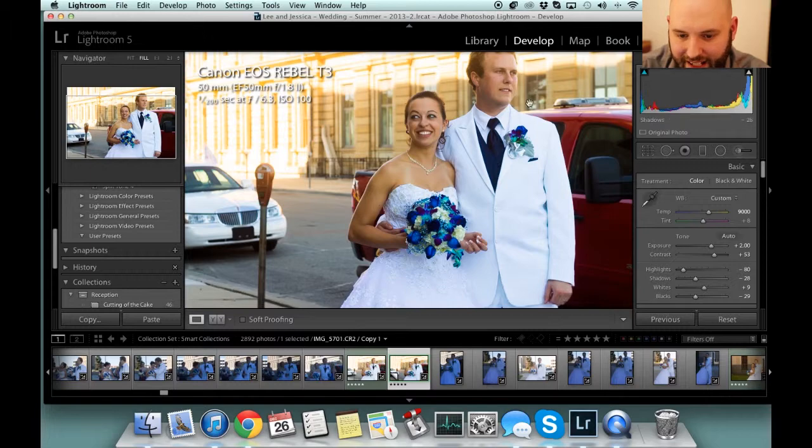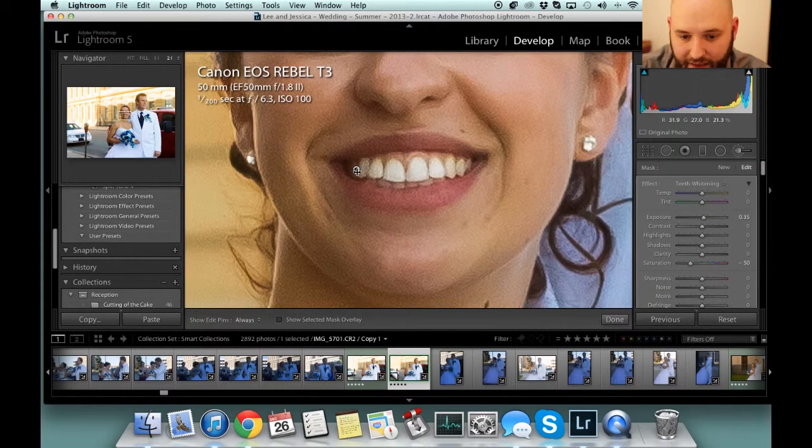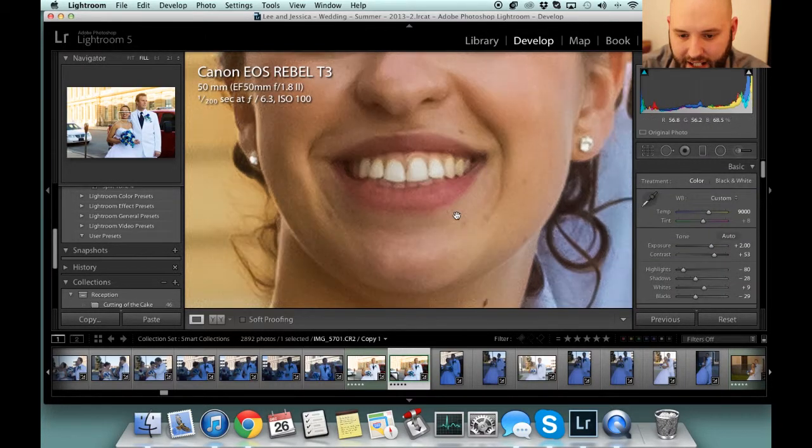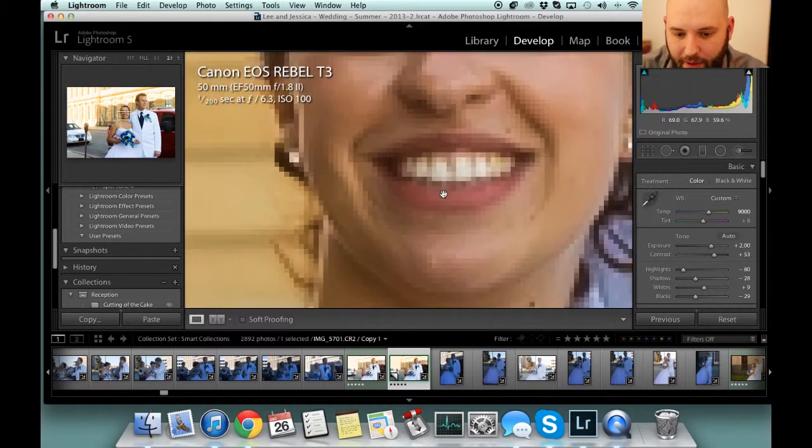And if you feel like the teeth are a little too much on a particular person, if you click where they got the little black circle in there, click and drag this over, and you can lessen the effect all the way down basically to 0. So if you feel like you went too far, you want to bring it back a little bit, let's say right there, you can do that. Zoom out, and that still looks fantastic while still looking a little bit more